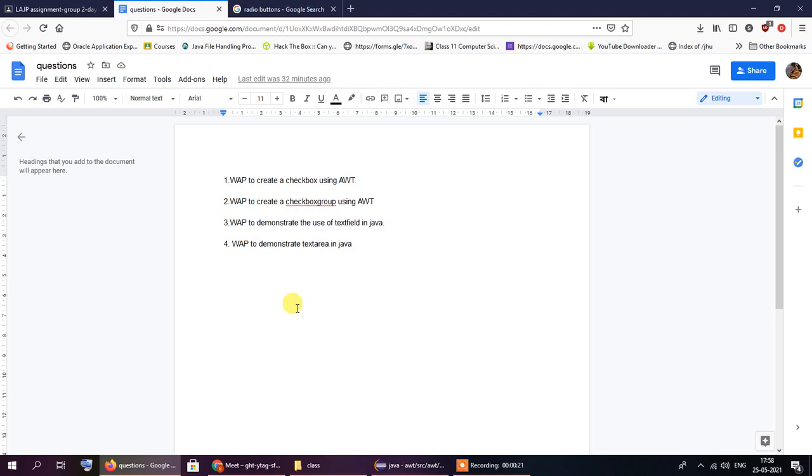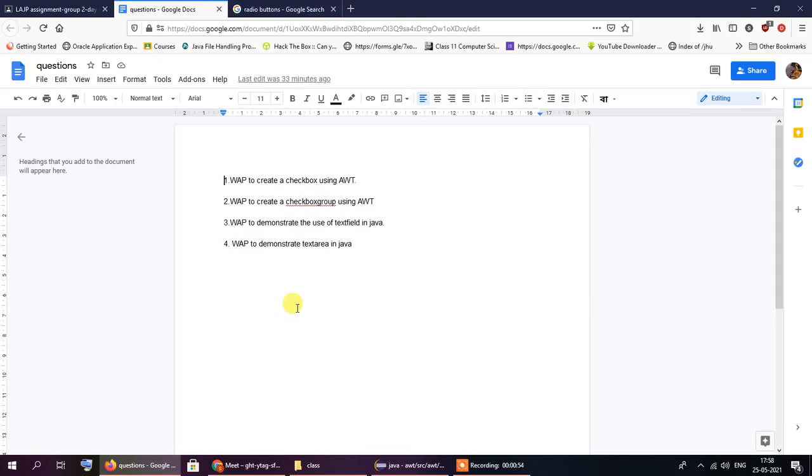So what are text fields? A text field is something that can be used to enter a line of text as input, or you can just display some text using the text field. So either you can accept a line of text from a user, or you can display some predefined line of text using the text field. But the restriction of a text field is that you can only display one line of text in it at a time. You cannot display a multi-line block of text inside the text field.